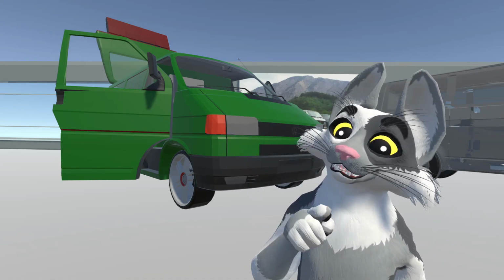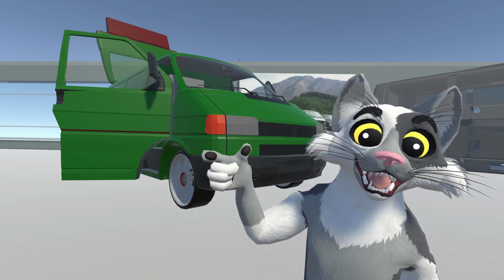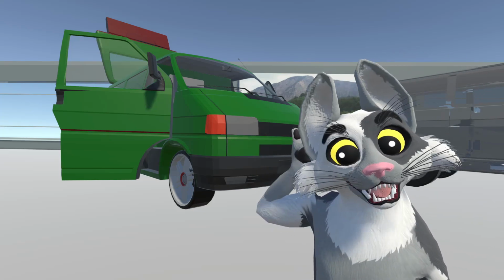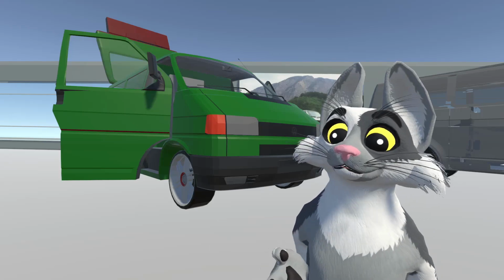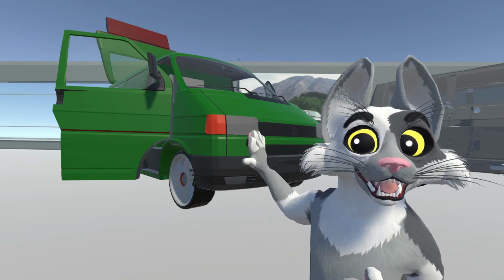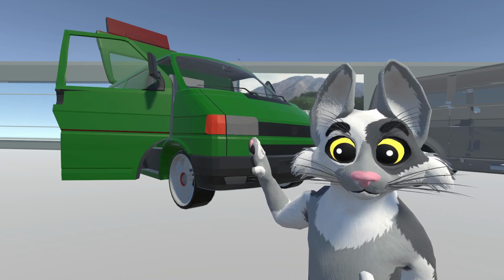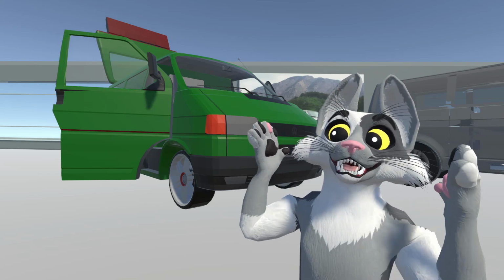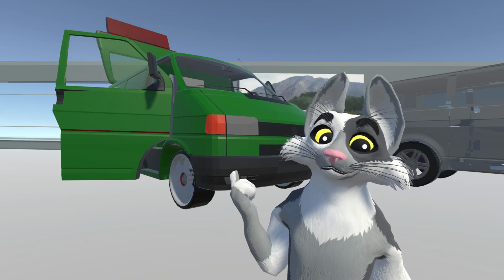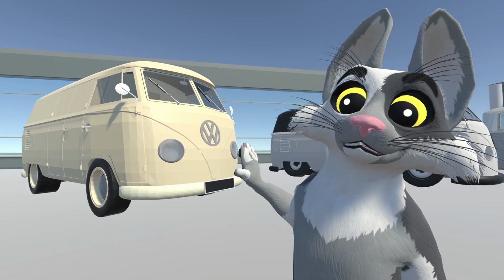But I heard the stick shift ones are really good. And when I went to Germany for EF, these things are everywhere. They use these as work trucks, and it's just a van over there. It's so weird because in the US, these things are really iffy, and nobody wants to work on them, and they get junked half the time because they're such a pain in the ass. And over there they're like, this is a great van, and I'm like, I don't know what you're smoking, because in the US this thing's like...